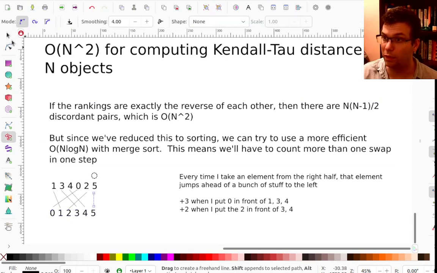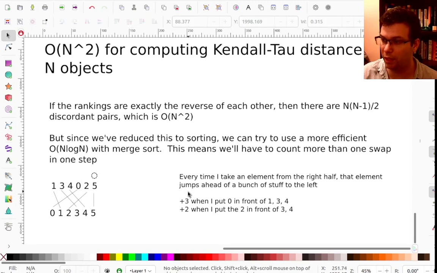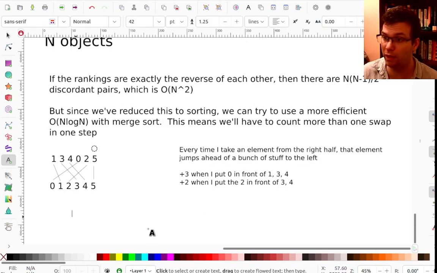So supposedly, in this merge step, I was able to count 5 inversions, or 5 swaps. So let's see, would insertion sort have given me 5? Let's just check that real quick. 1, 3, 4, 0, 2, 5. So if I were to do insertion sort on this,